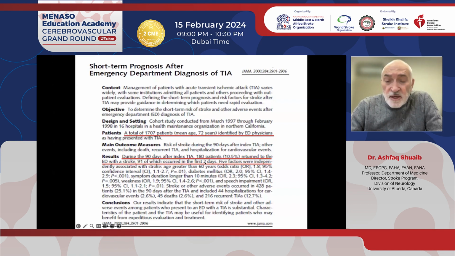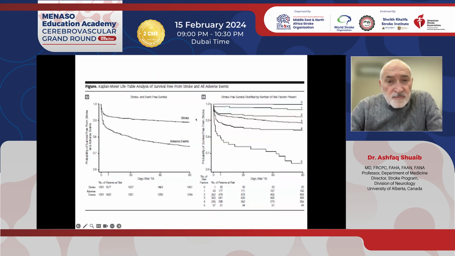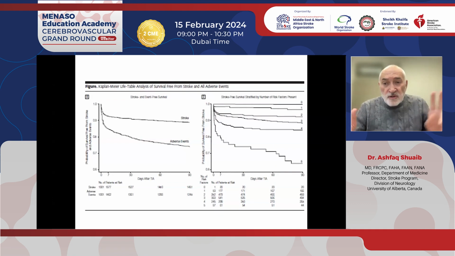So this is the first time, to my knowledge, that we were able to show that a TIA is actually no different than acute coronary syndrome. The other thing they did that was very interesting was they looked at the type of patients who came back early, and they identified these patients as those with increased duration of focal symptoms, the presence of previous hypertension or diabetes, and if the symptoms were actually motor or speech. So they were real TIAs as opposed to those sensory spells that I was talking to you about. So they put that score in.